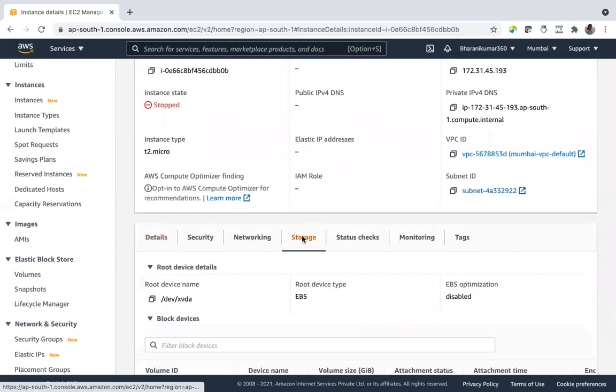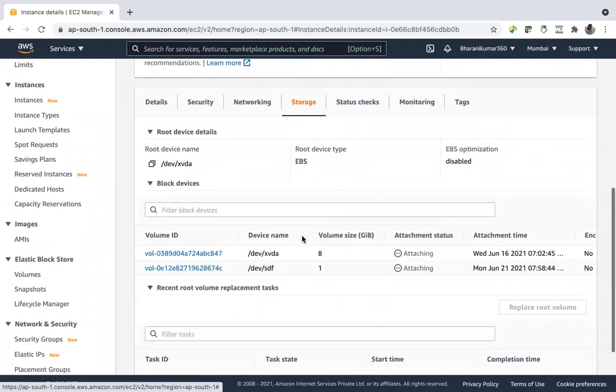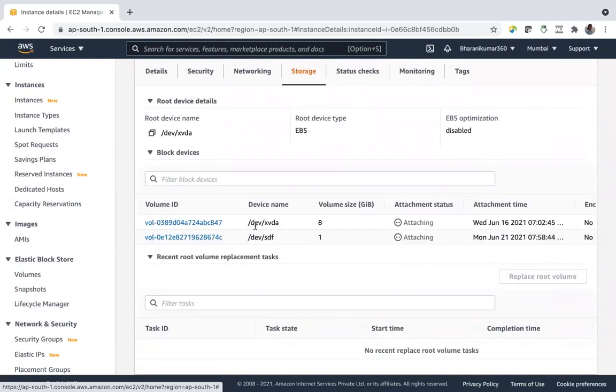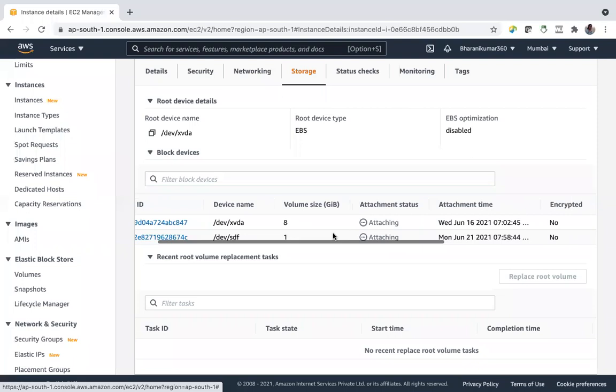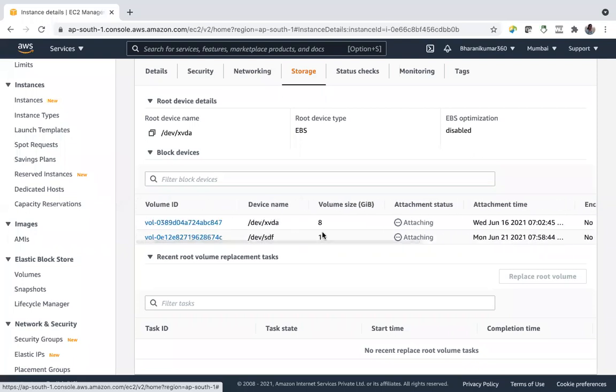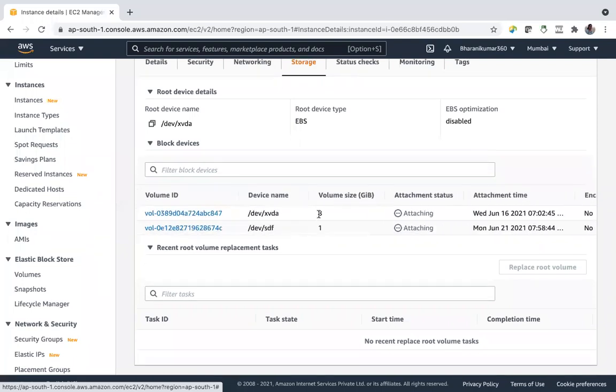So storage, see, it has two devices attached to it. One is the root volume and one is the extra volume. Now if I take a copy of this instance, both of these will be taken as snapshots.